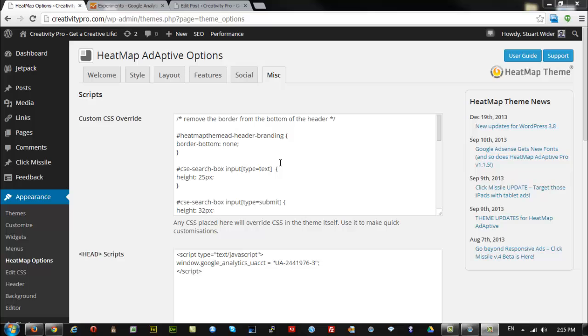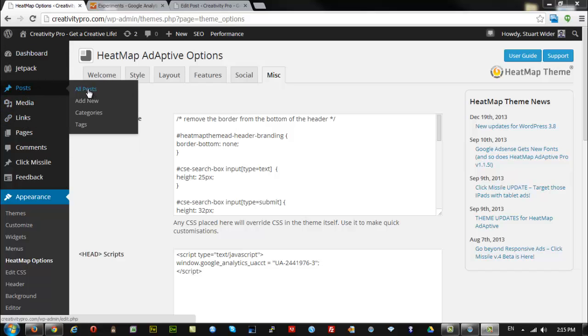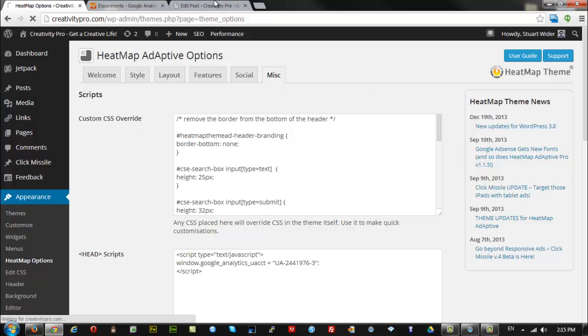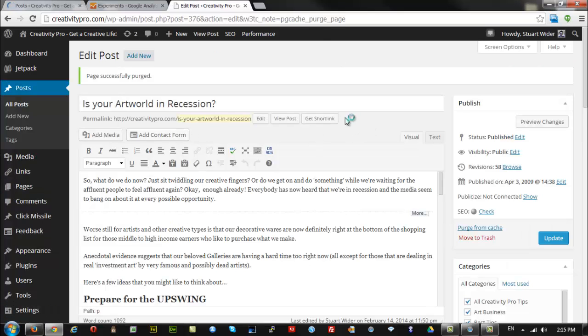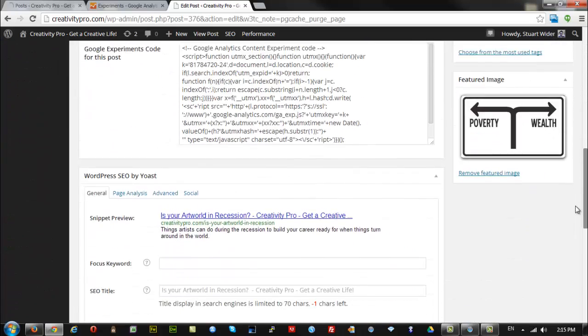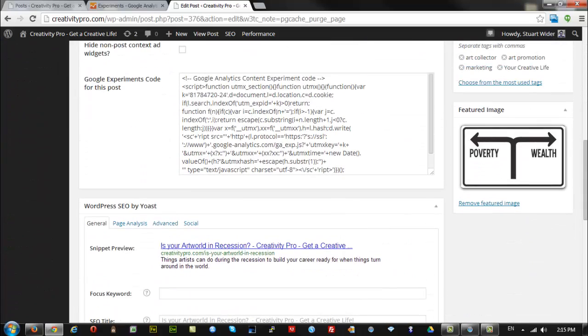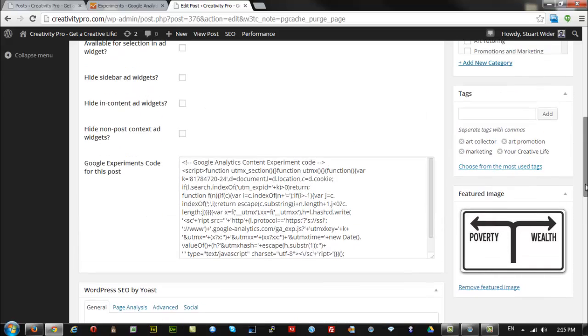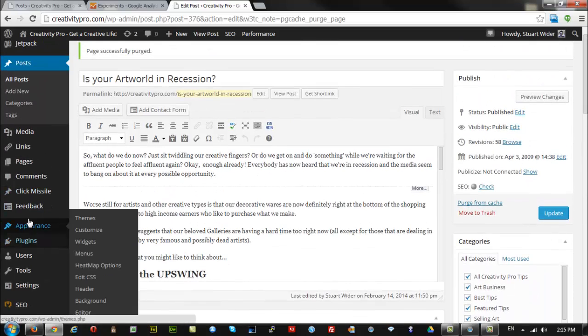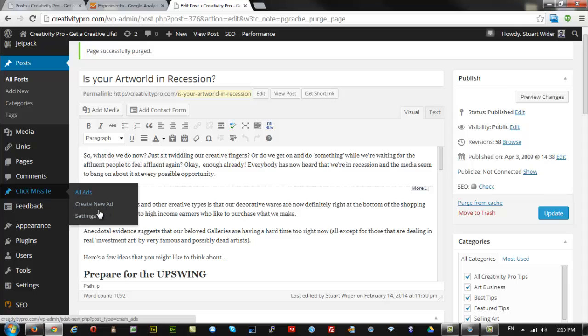Actually, I've nearly forgot to tell you something, so I'm just going to take this bit onto the video here. Remember when I said you could place the analytics experiment code into a page or a post right here? Okay. Well, you can also do the same for, if we go to Click Missile settings,